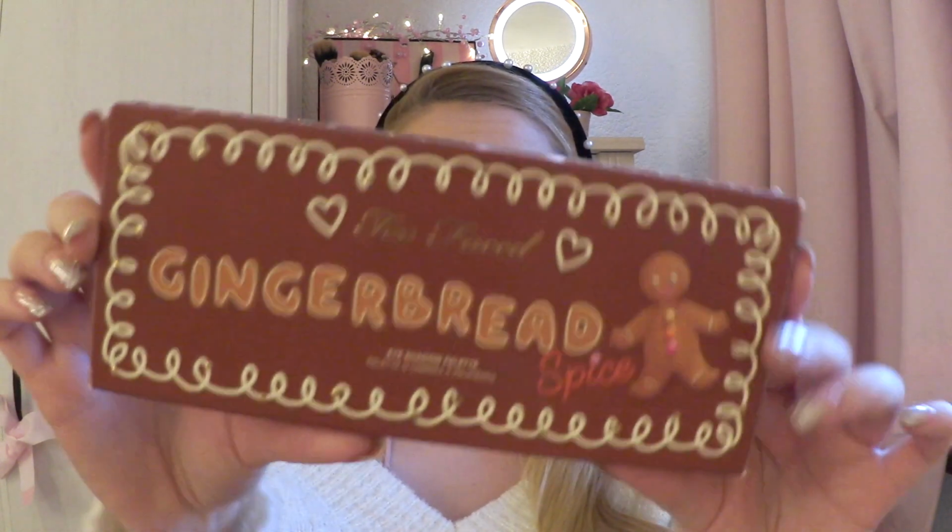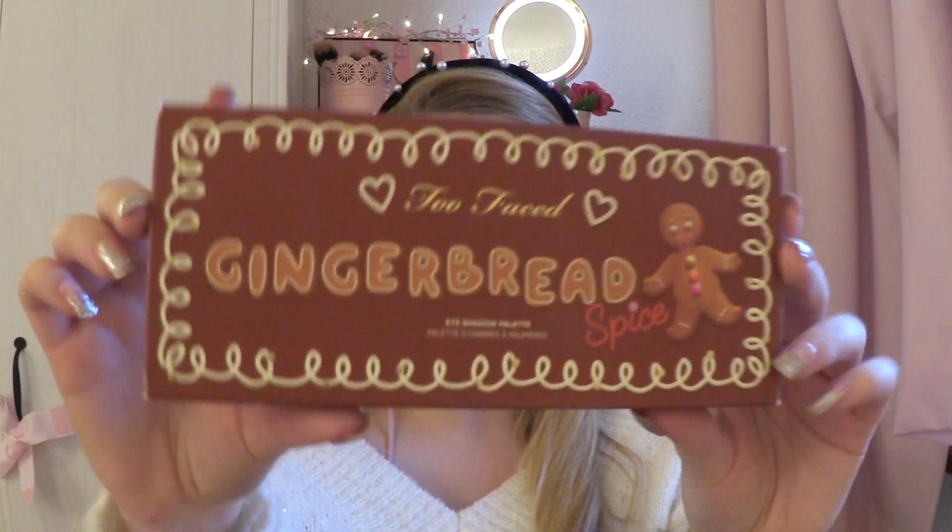So next, let's move on to their Christmas collections. I feel like Too Faced always win with their Christmas collections. They're always just so cute and pretty, and I just can't help myself. So last year I got the Too Faced Gingerbread Spice palette. This is the box, and then inside